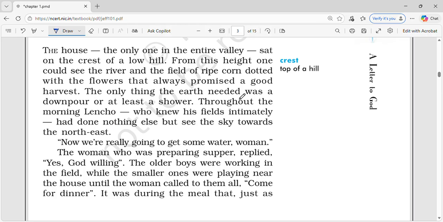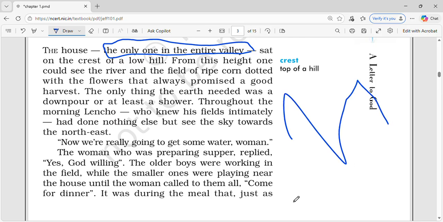Throughout the morning, Lencho, who knew his fields intimately, had done nothing else but see the sky towards the northeast। अब देखो, there was a house, okay, there was a house in the entire valley, there was only one house in the entire valley। जो तुम्हारे वैलीज रहते हैं ऐसे ऐसे वाले, अरे अच्छी ड्राइंग बना के एक्सप्लेन करो यार, ऐसे थोड़ी ना होता है।